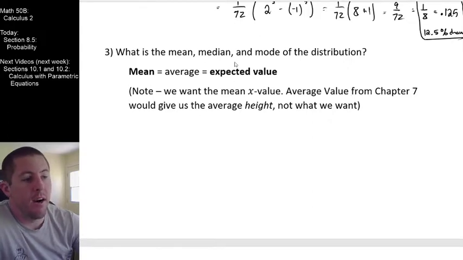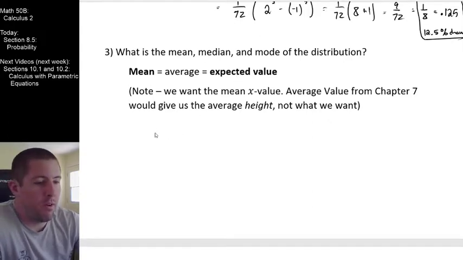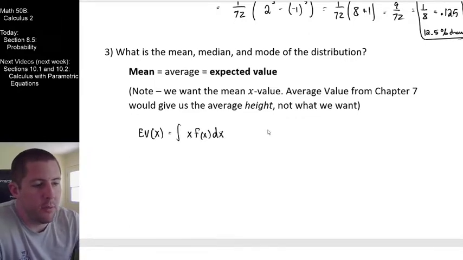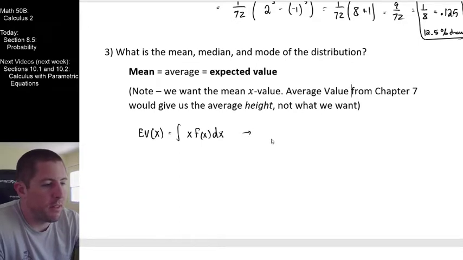So we've already done our expected value computation. What we remember here is that the expected value of the random variable X is the integral not of just f of x, but of x times f of x. I should just stop talking and write so I can do it properly. The expected value of the random variable x is the integral of x times f of x dx, and we just have to put our appropriate bounds on this.